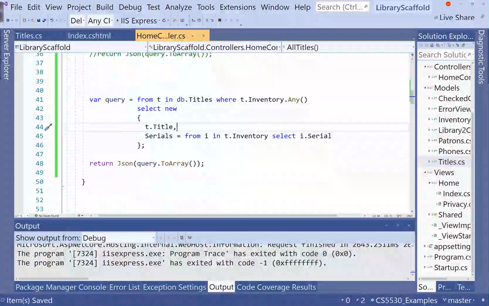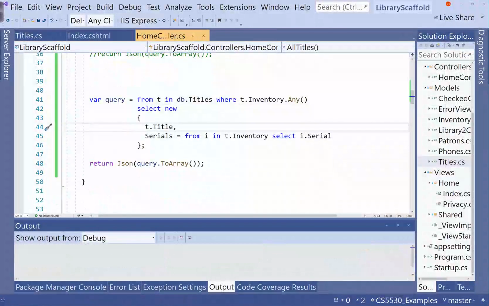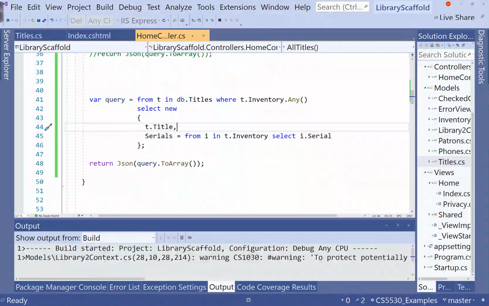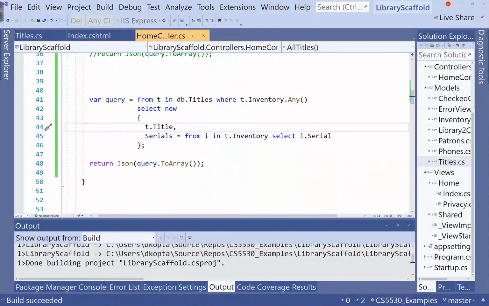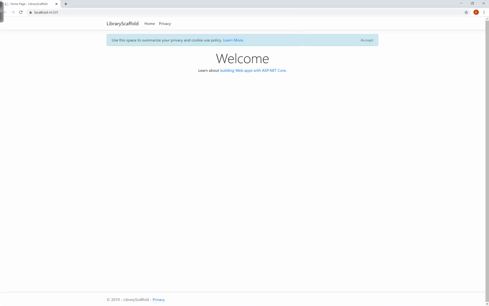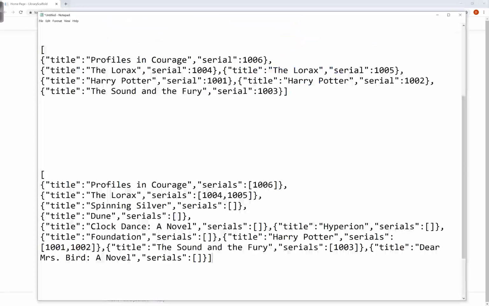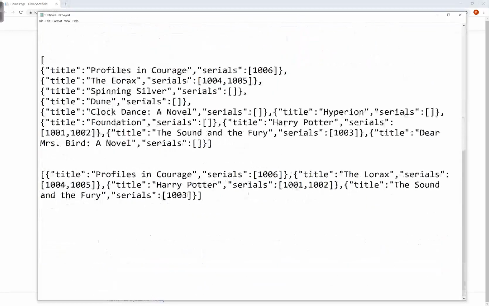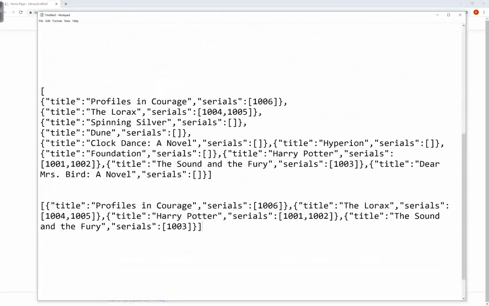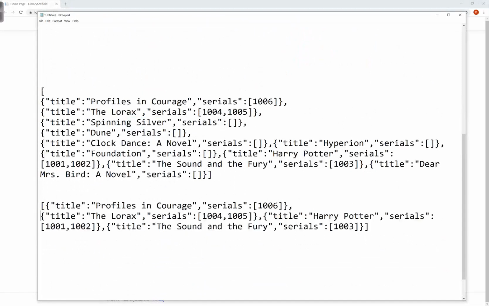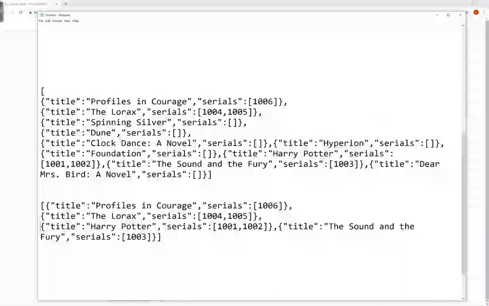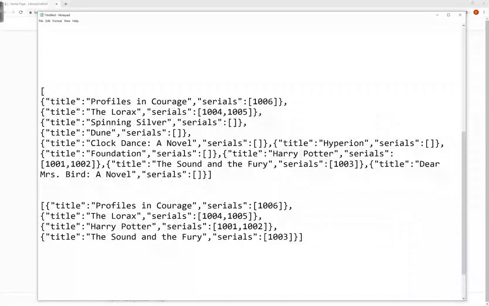So that will give us just the books that actually have associated serial numbers, and the serial numbers will be inside of a nested array. And there's the JSON. We can already see it's much shorter because it doesn't include things like Spinning Silver and Dune. Okay, so just kind of shortcuts and conveniences that will be useful when working on your Homework 6 and your